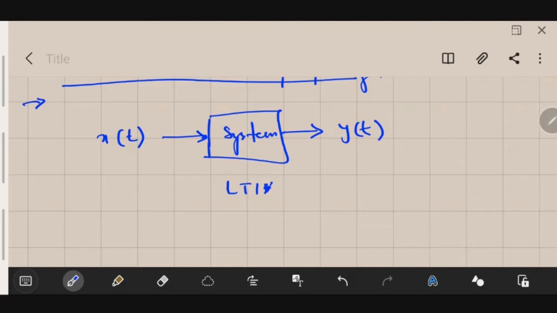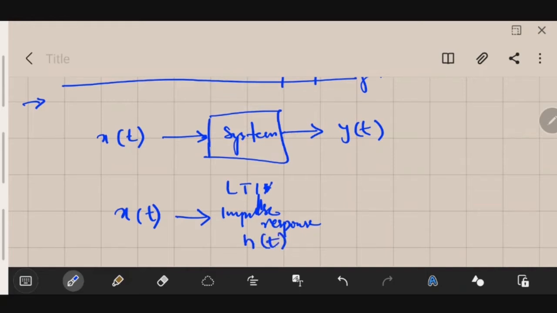If we know the response of the system to an impulse, which is the impulse response, normally denoted as h of t,